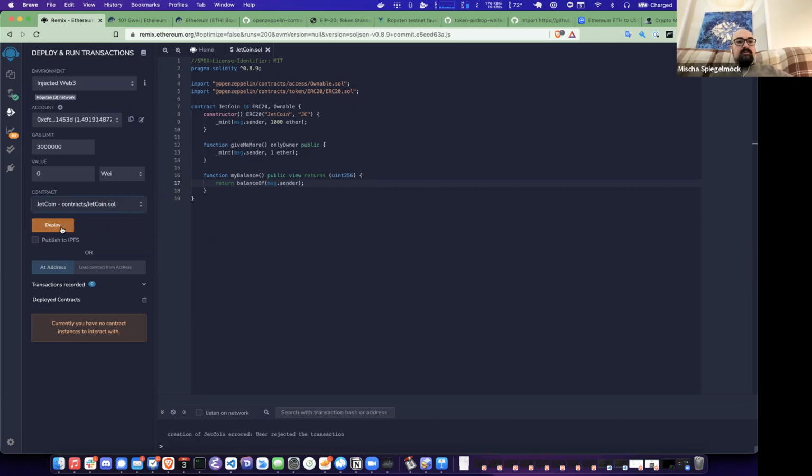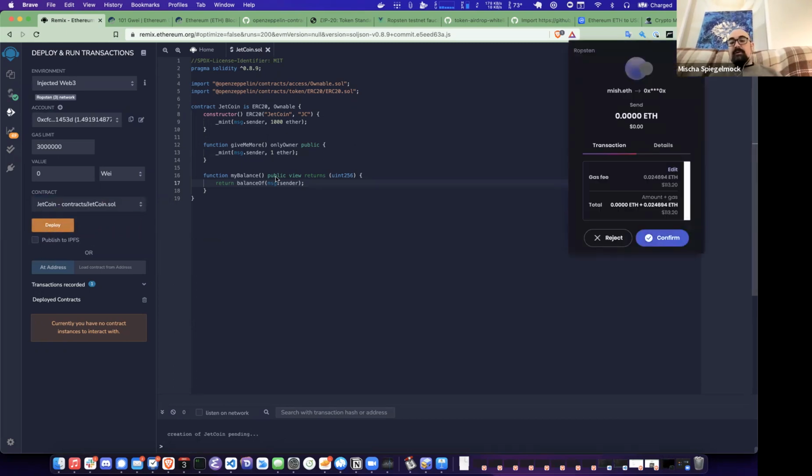I'm going to try to deploy it. So this is exactly the same as if I was on the real Ethereum mainnet. It's going to tell me that I need to perform my action here. So I am going to pay the gas fee to deploy this token. And we can see here that the gas fee is about $113. Now, this is in fake Ethereum, so this cost me nothing.